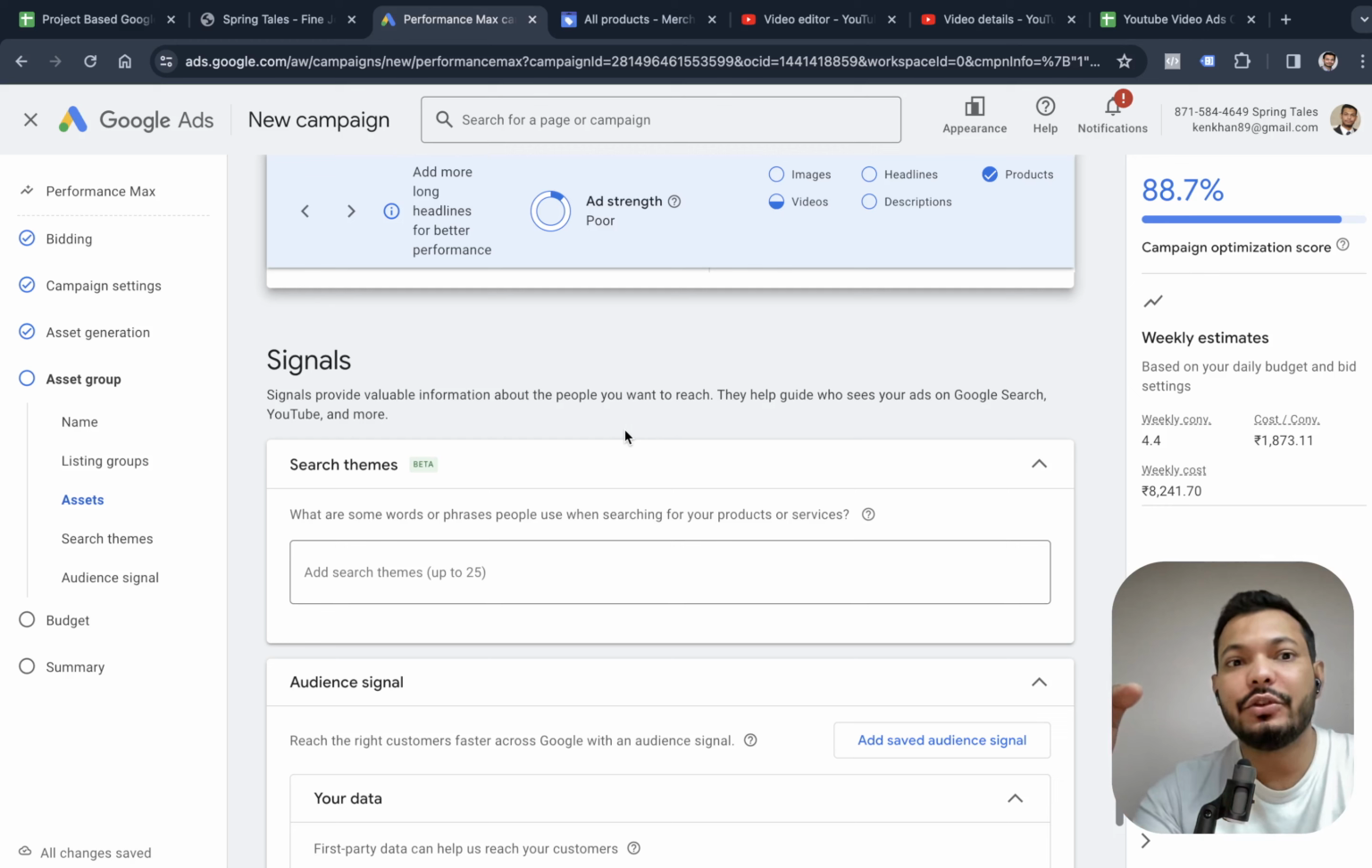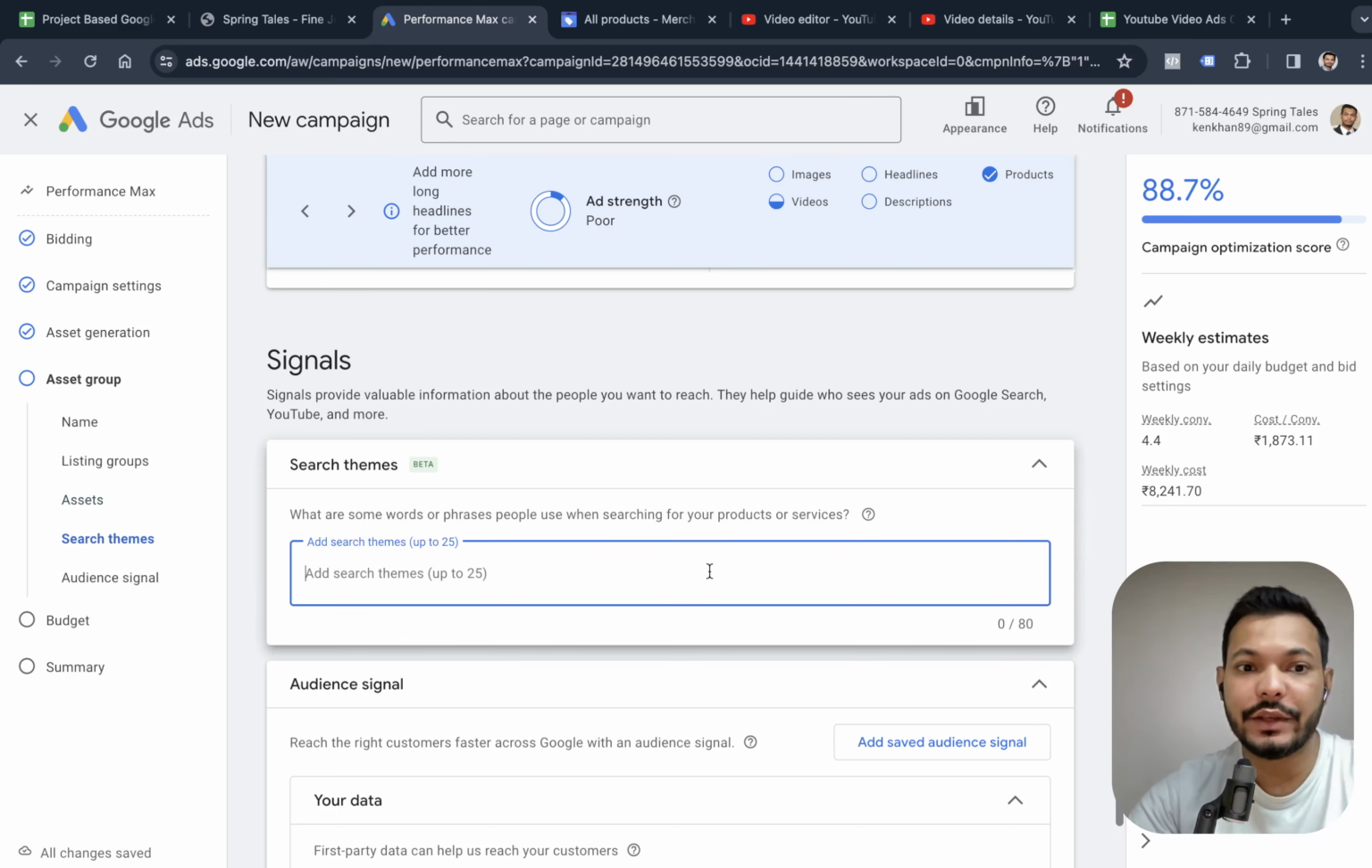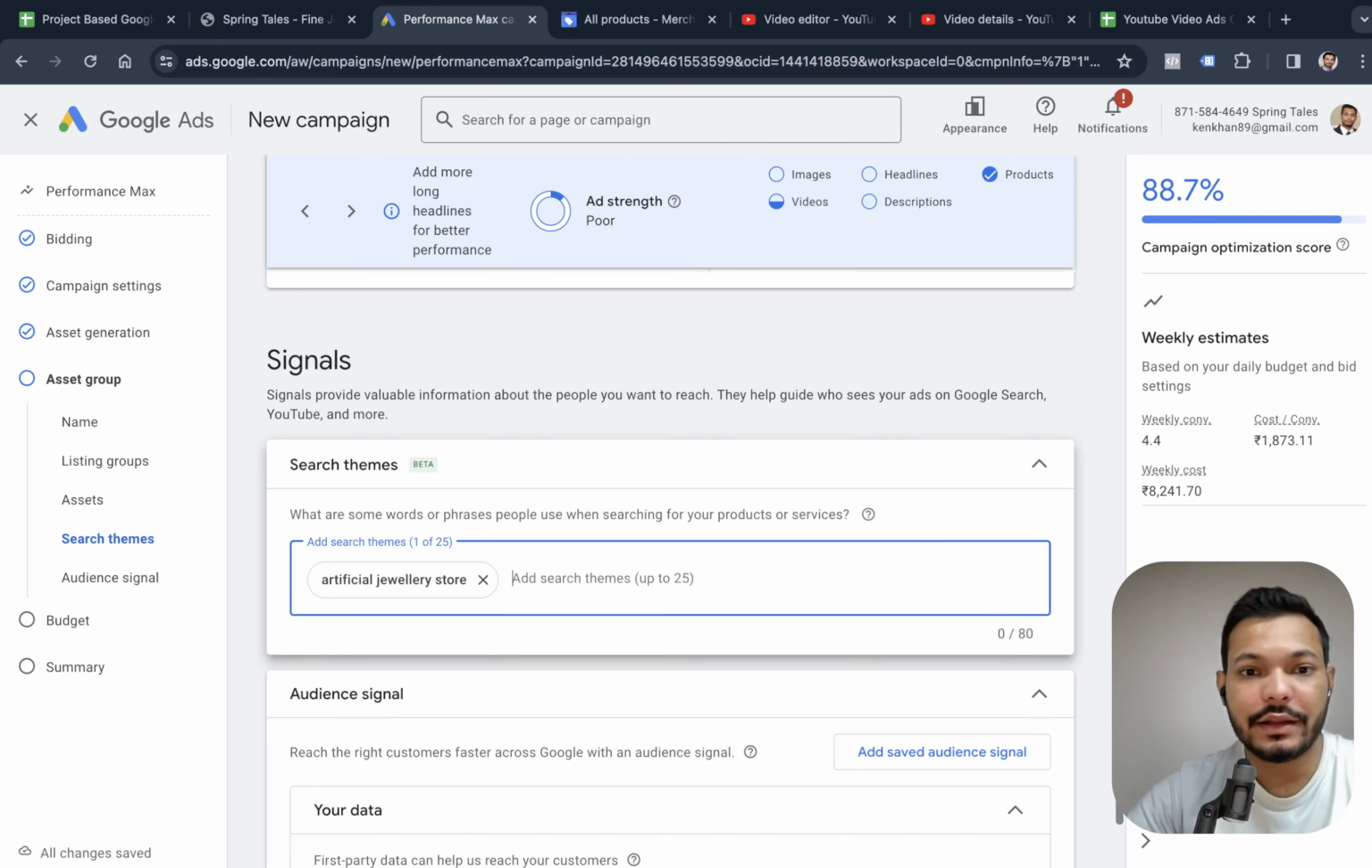But in shopping campaign, you get signals from the title and description that you're using in the merchant center feed. In case of performance max, we are getting signals using the search themes. What are some words or phrases people use when searching for your products or service? So we can use the themes as artificial jewelry store, artificial jewelry, jewellery store, and then I click on enter. So these are the themes which are going to give some signals to this performance max campaign,